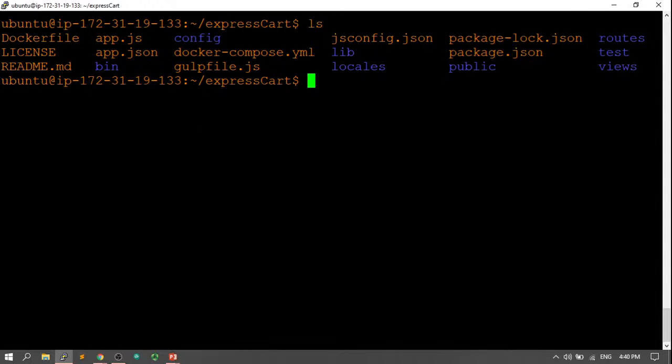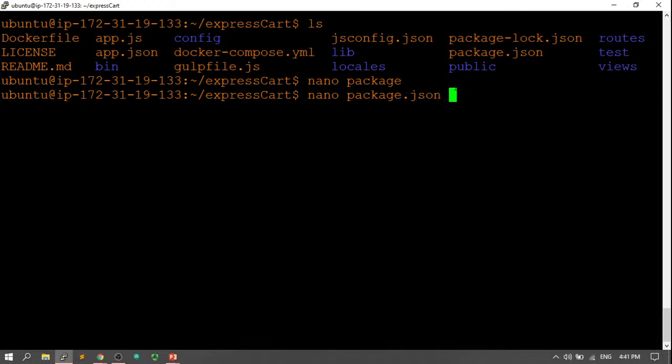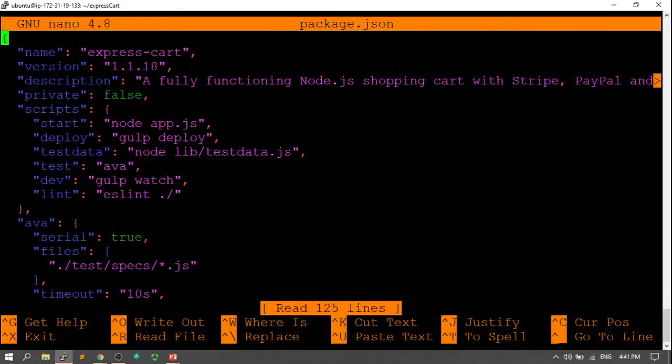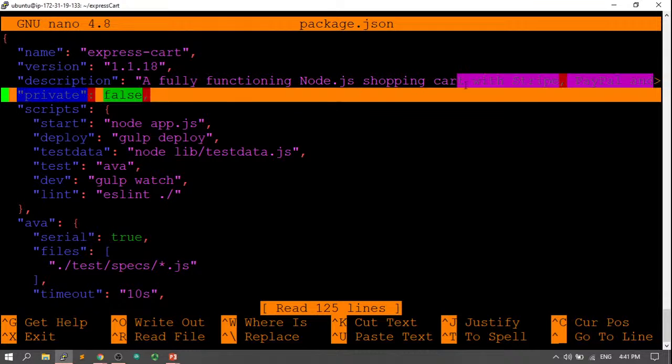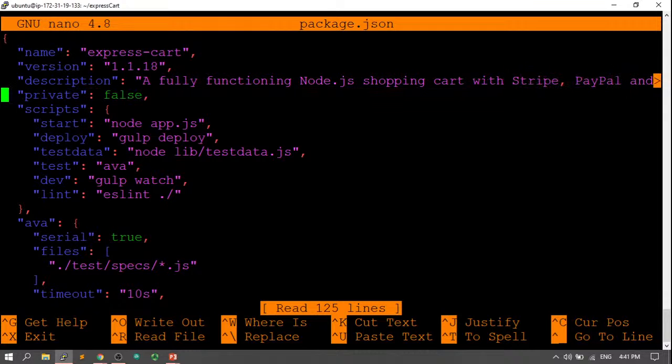You guys can see over here, there are a lot of files. This is like a proper website. We have a Dockerfile already over here. We have an app.json, a config file, and a package.json again. If I show you the package.json, you can see it's a fully functioning Node.js shopping cart with Stripe and PayPal. Here are the scripts that are running: start, node app.js, deploy, gulp deploy, test, dev, lint, and a